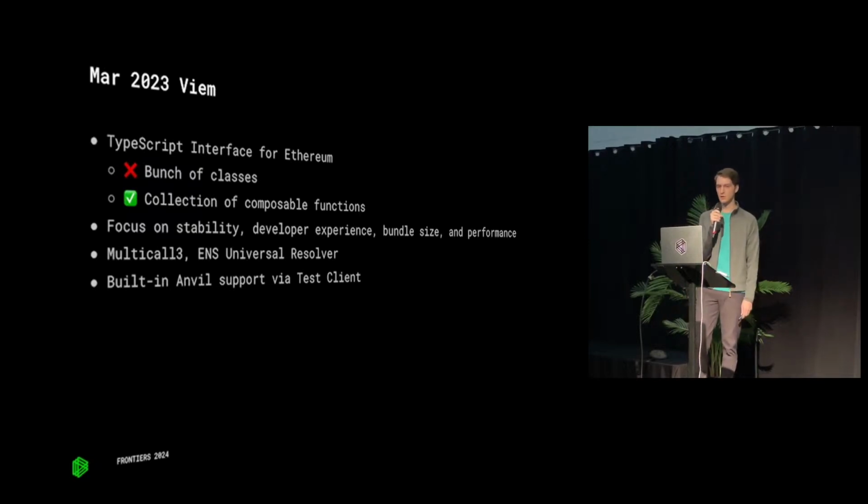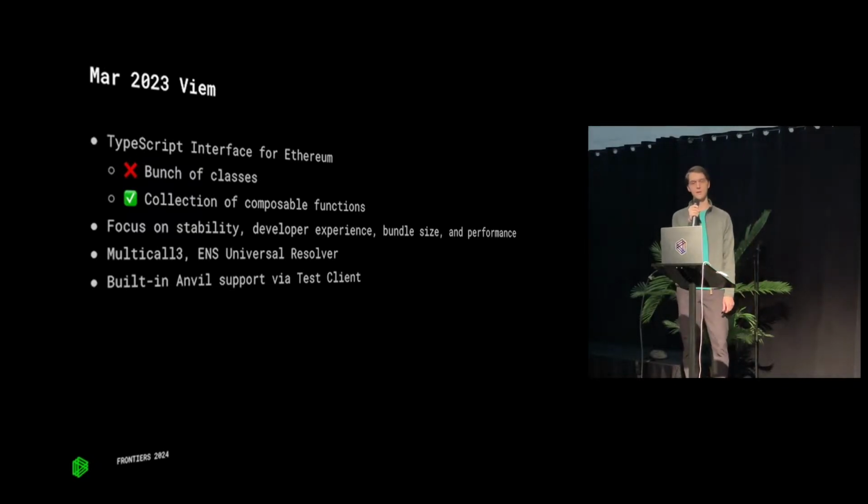So our main goal with VM was to have an updated library that focuses on just the building blocks that you need. You don't have to buy in to specific opinions or structure for how things work. Most of the functions in VM and the way it works is just how it was written in EIPs and various specs. So this was a big exercise in reducing bundle size to try to improve websites and push developer experience further by adding ABI type to a lower level library.